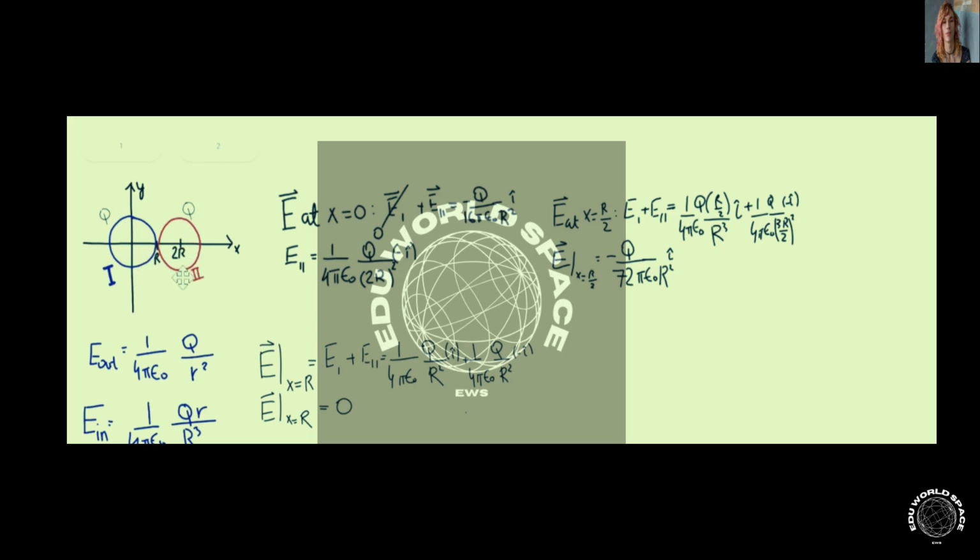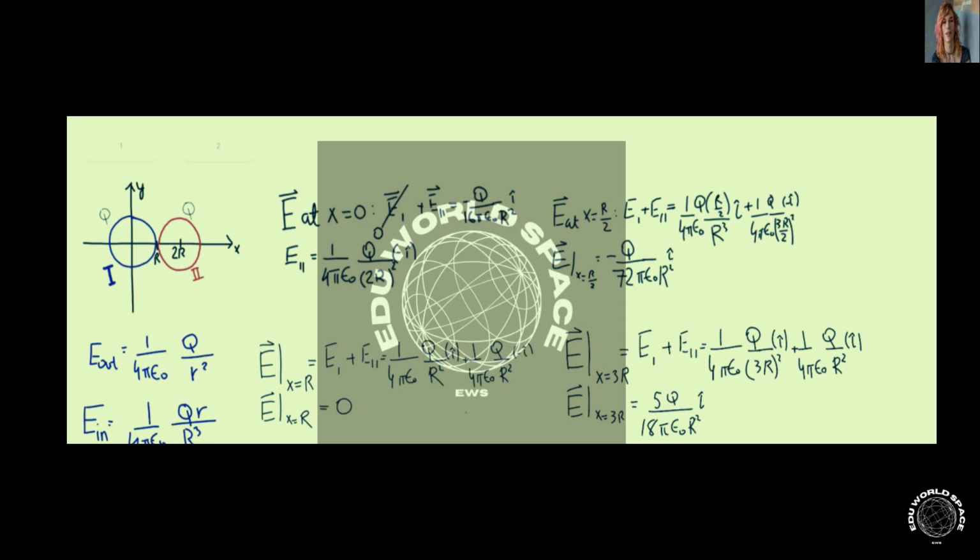And in both cases, the direction is going to be towards the right because in both cases the electric field is pointing outside from our spheres. So when we write that out, we get from E1 this expression right here where we substituted 3 times big R for the distance. And the direction is positive, so that's positive unit I vector. And for E2, the distance is just big R, so that's this distance. And the direction is again positive. And when we sum that up and simplify, we get this expression. So these 4 are the expressions. So that's the electric field evaluated at 4 different points along